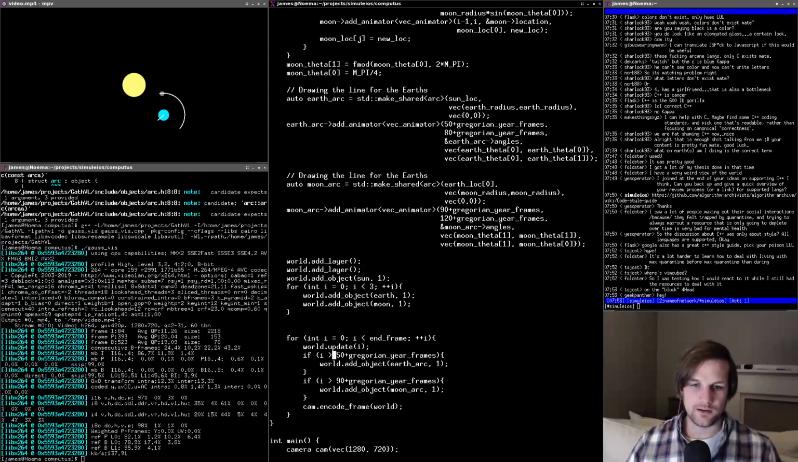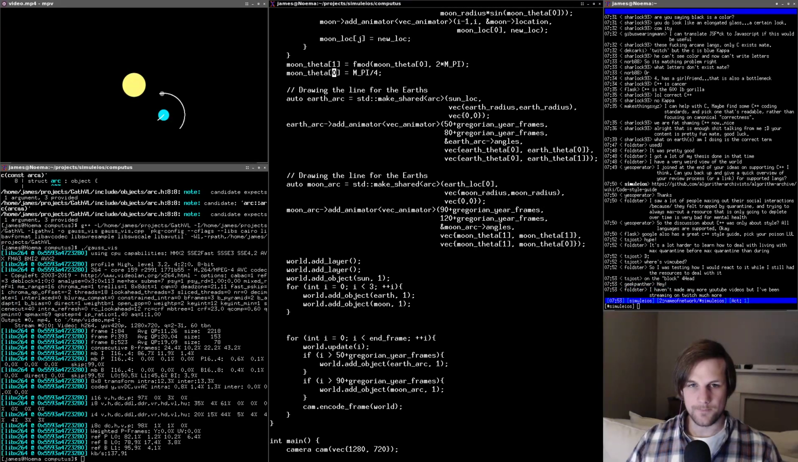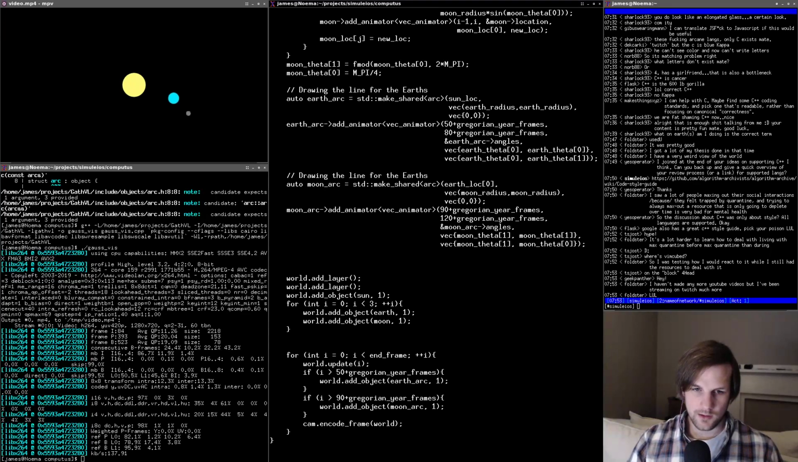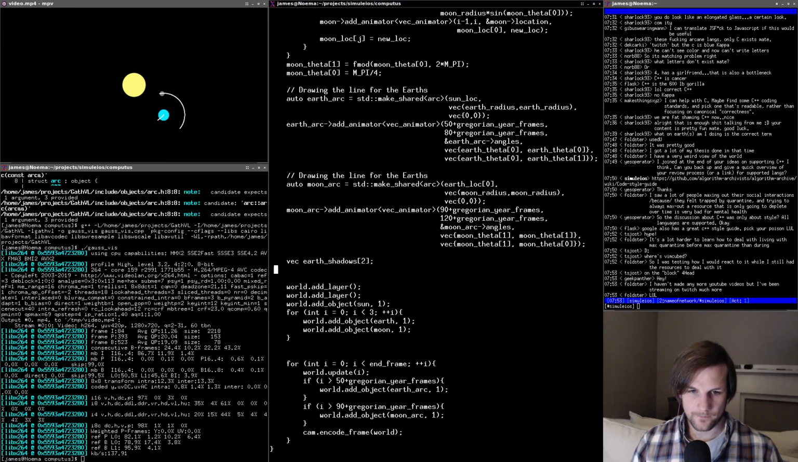So we have these guys defined. We should have a set of locations now. Yep, we should have a set of locations. So I'm just going to go ahead and add the arcs down here. Okay, so we're going to do Vec Earth. Let's do Earth Shadows, we'll call it. And this will be a size 2. And we'll also do Vec